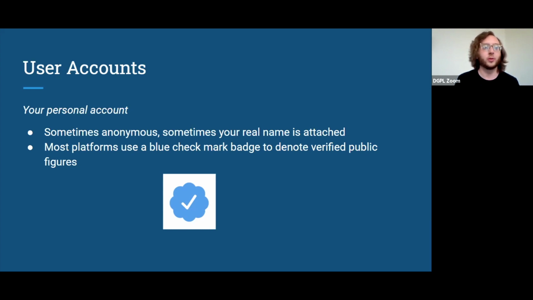Due to privacy settings, a lot of Facebook accounts and content is not visible if you aren't logged in. So that's another thing. You will need a user account to participate in social media.